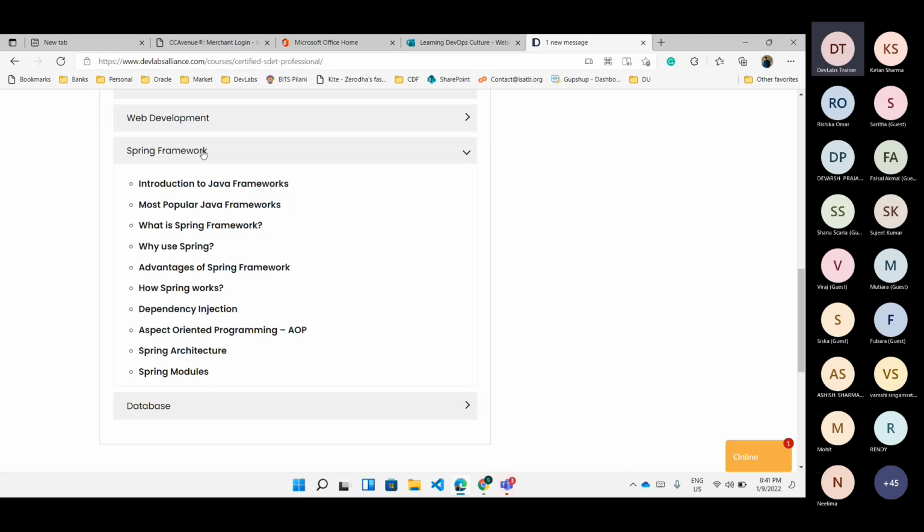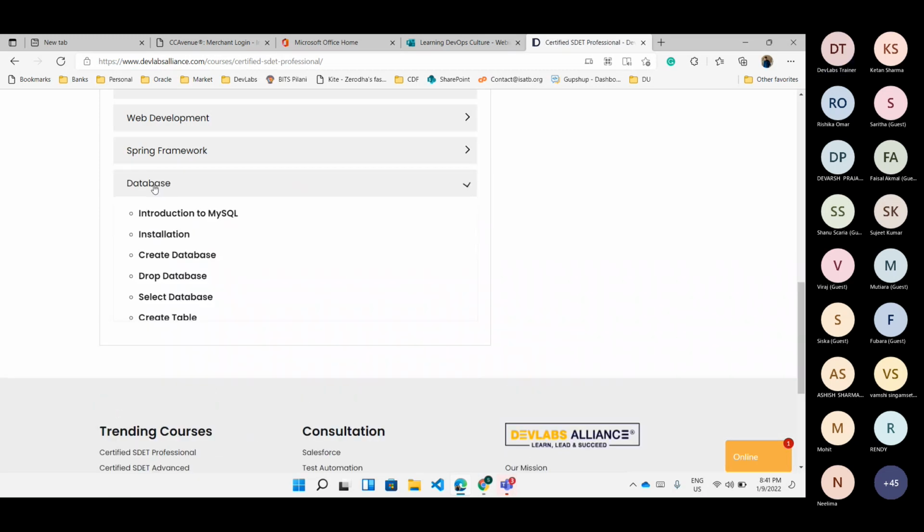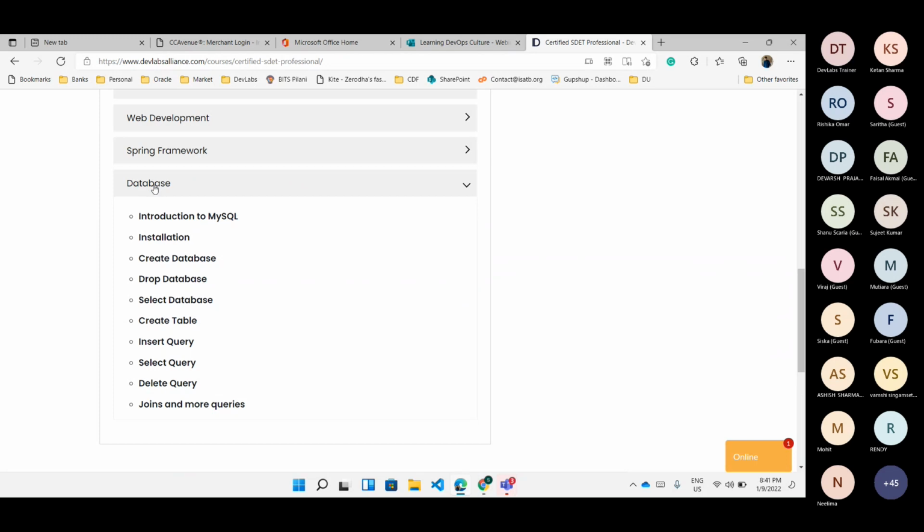You might have heard that most of the services or projects, those microservices projects, are being developed in Spring Boot applications. So we'll be touching on this. We'll be covering databases also: what a database is, how it works, how to write queries, different types of queries, joins, everything.